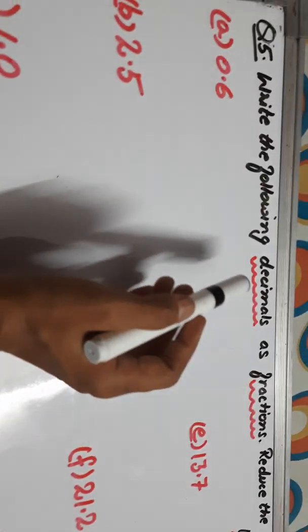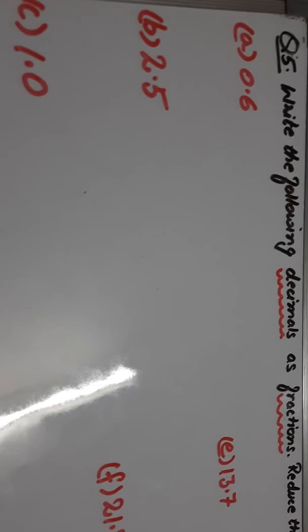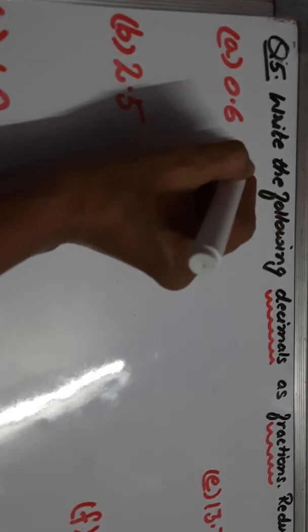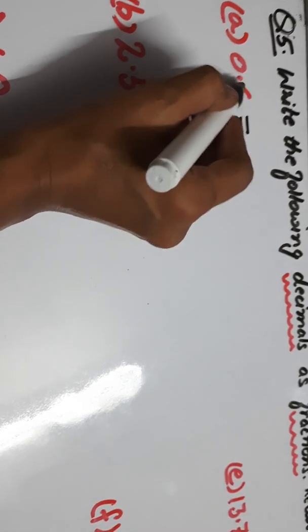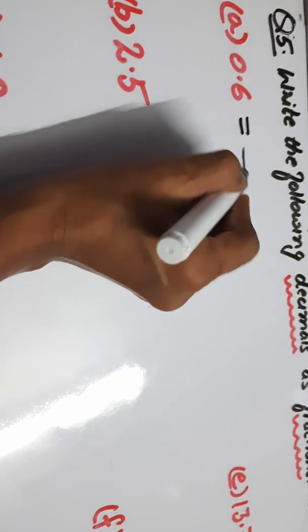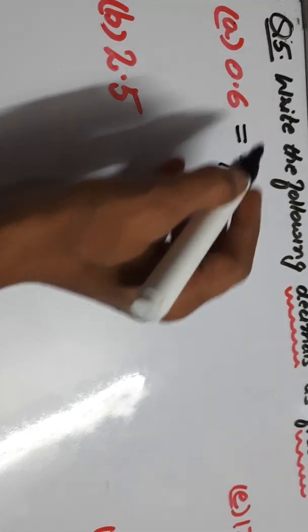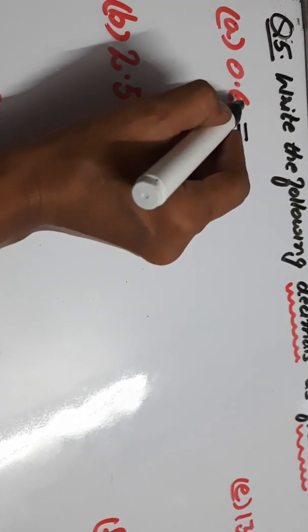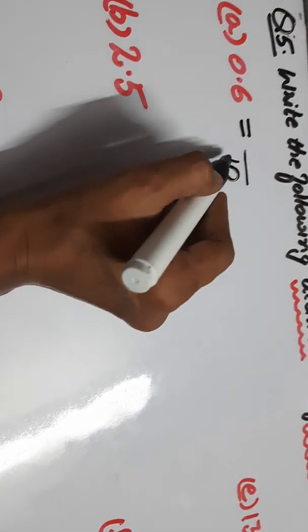So first of all, we will convert the decimal into fraction. Now we are going to do the reverse part of the previous question. So let us first convert it into fraction. So what do we do? As you can see, after the decimal only one digit is there. So you know, for one digit we'll take 1 0 in the denominator, that is 10. If the digit after the decimal is single digit, we'll take single 0 in the denominator, that means 10.